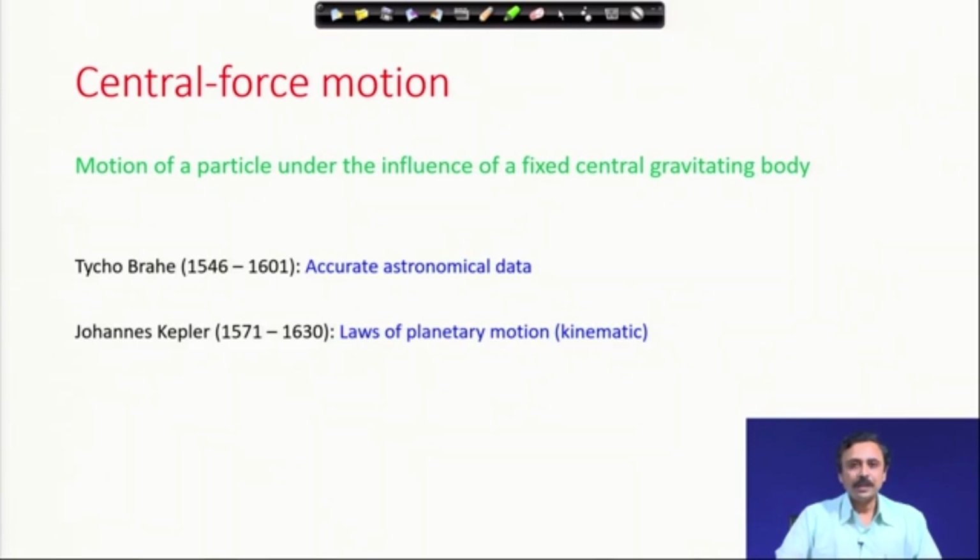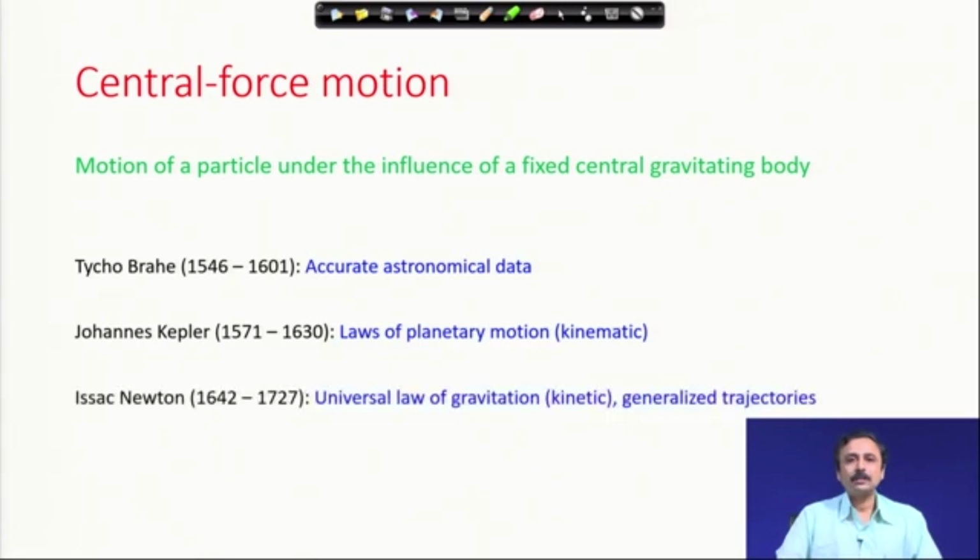But remember that these laws were as observed from nature and they are purely kinematic. If you go through the laws, as you will see very soon, these laws only said, for example, what kind of path a planet will take around the sun, or maybe the moon will take around the earth. These kinds of things. These were completely based on the observations that Tycho Brahe made.